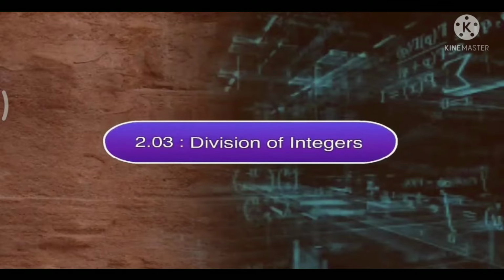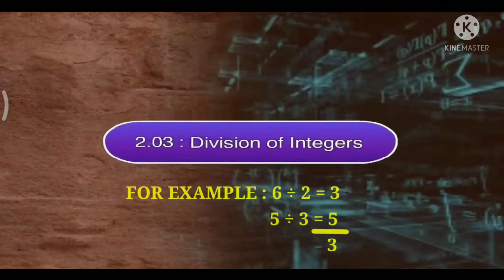Now, students, we have learned how to divide one positive integer by another one. We also know that the quotient of such a division may be an integer or a fraction. Clear? It means that if you divide a number, the quotient obtained will be an integer or a fraction. Now see the example.